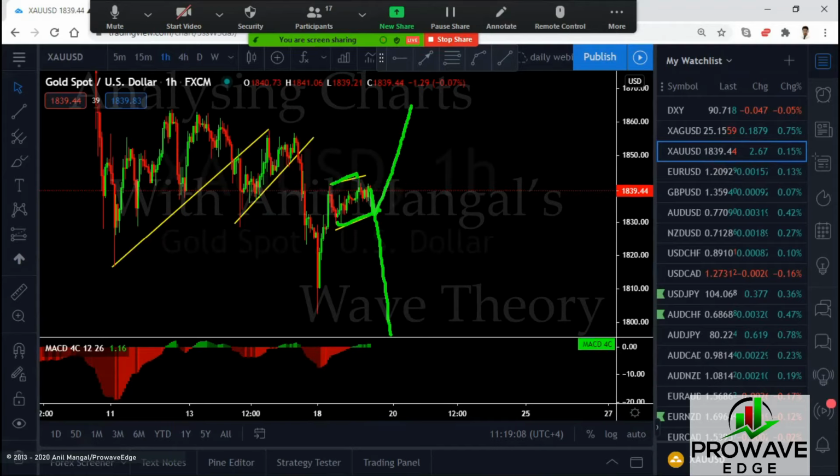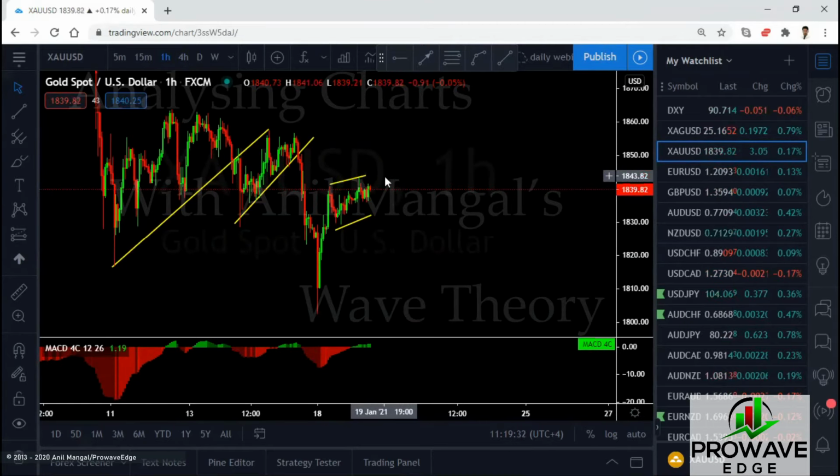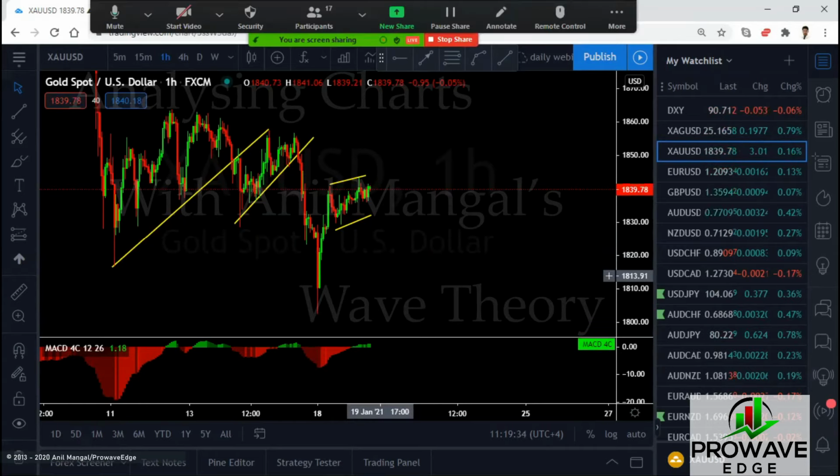Possible, rare, but possible. If it's going to drop, first, you will not be tagged on the buy. And second, we would look for the sell setup, but we will not sell it from here. Let it drop. Let it make a flag, and then we would look for the sell. Only then you have a sell setup.